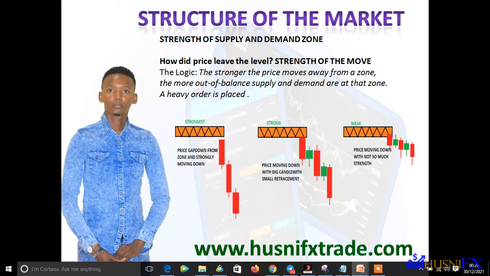The logic that we will get from our mind is, the stronger the price moves away from a zone, the more out of balance supply and demand are at that zone, heavy orders are placed, because the price will move strongly. So there is what we call the strongest, and also the strong and the weak. When you see these three white horses moving, there is a price gap down from the zone, and strongly moving down is happening from this